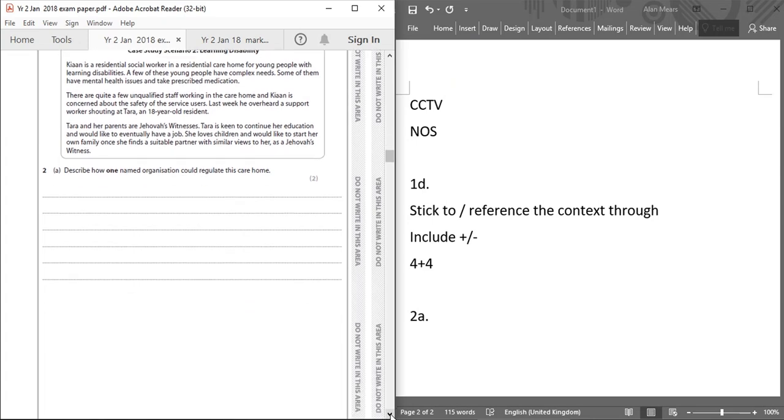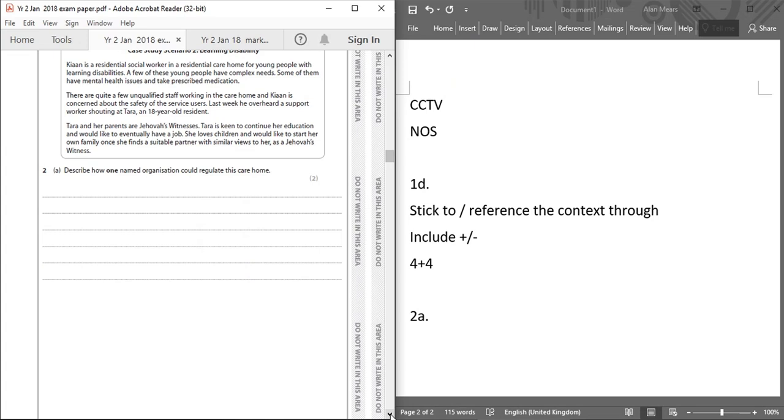Now, this first question, 2A, has a slightly different structure to most 2-markers. Normally most of the 2-markers are identify or explain 2 things. So normally it's identify 2 professionals, 2 settings, 2 roles, 2 responsibilities, 2 procedures. This one is slightly different. It's name 1 organisation that could regulate this care home. So an organisation that would regulate the care home in this context. Now,